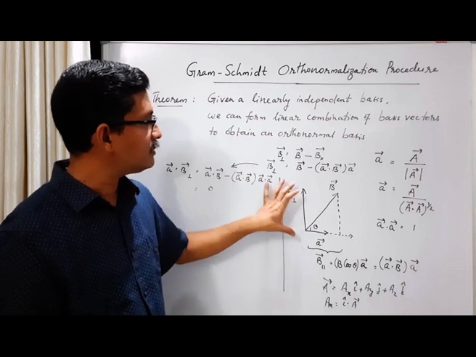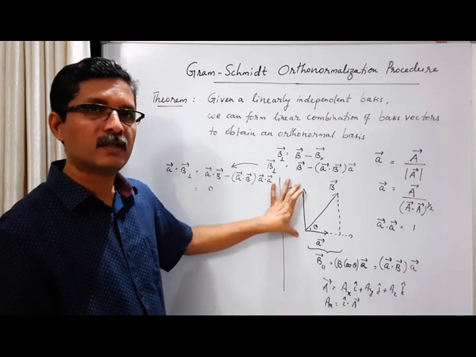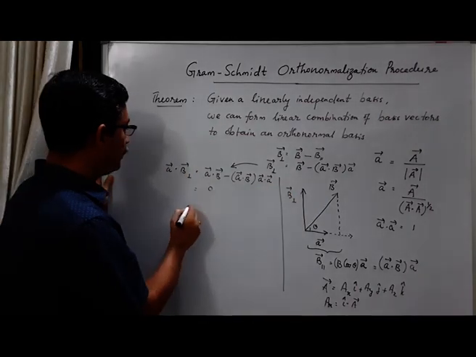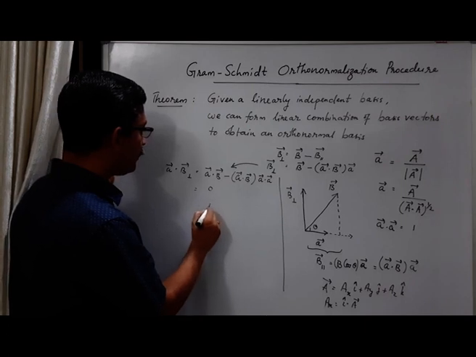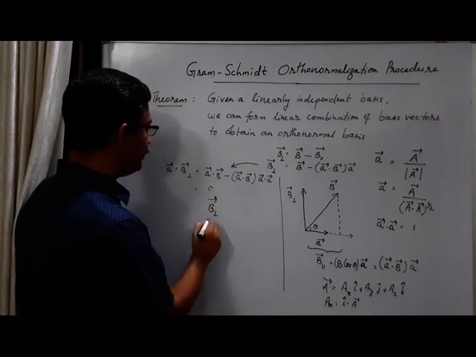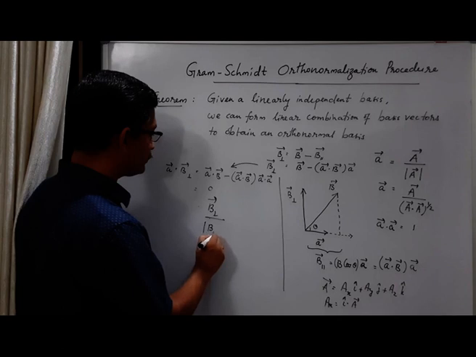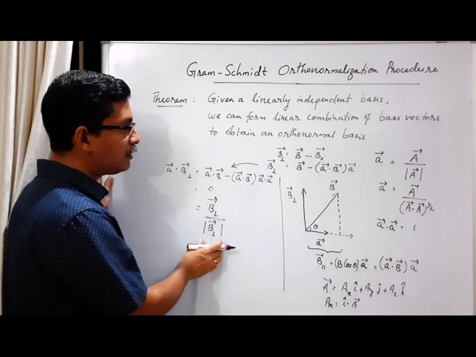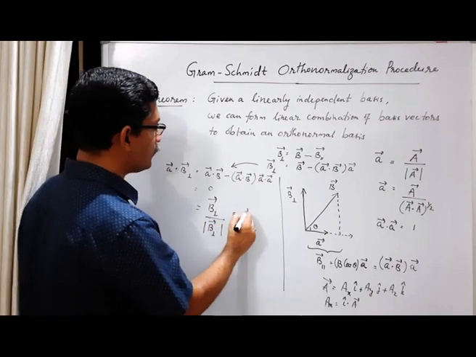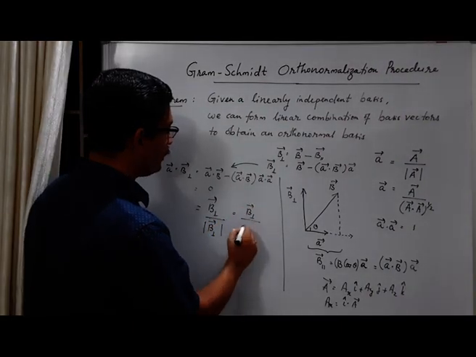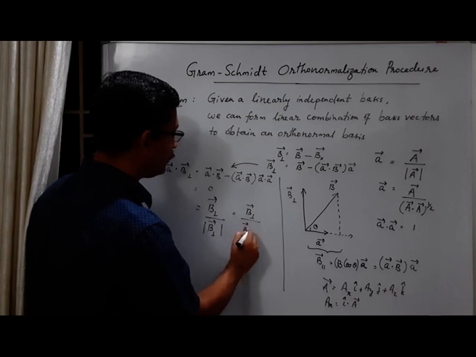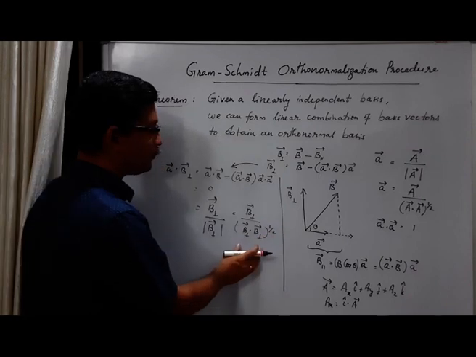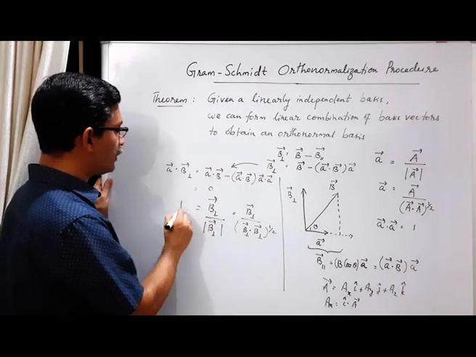Now what is remaining is, this is not a normalized vector, we have to normalize this vector. How do we normalize B perpendicular? You take the B perpendicular vector and divide with its own magnitude. Okay, how do you get the magnitude of this vector? Take the inner product of the vector with itself. B perpendicular divided by the square root of B perpendicular dot B perpendicular. This will be the magnitude of B perpendicular, and let us call this vector small b.